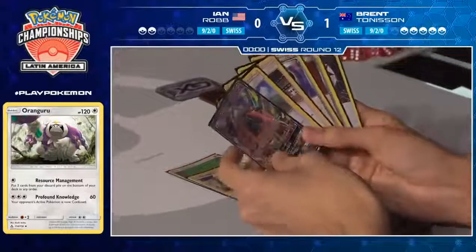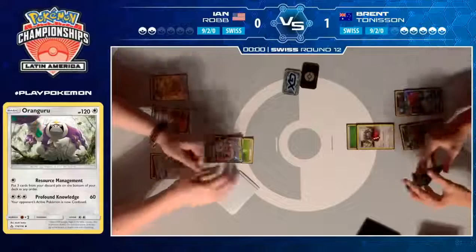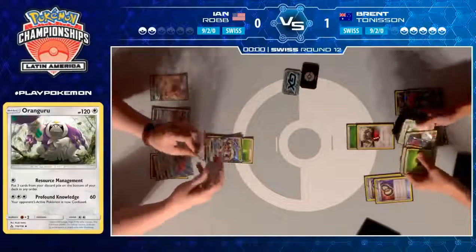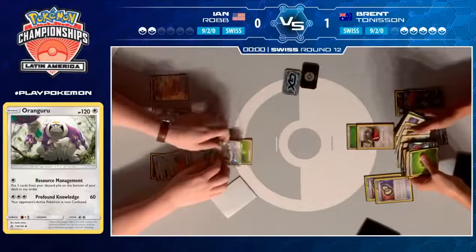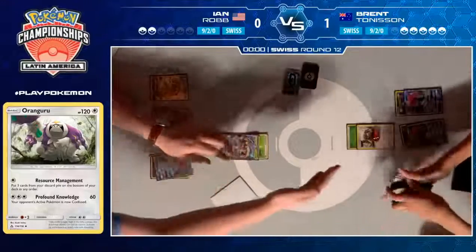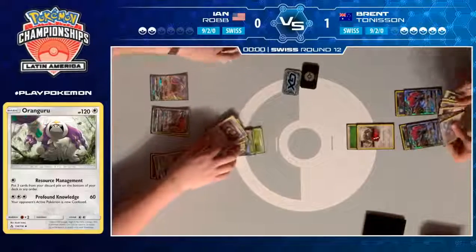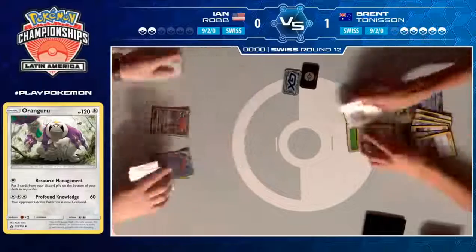And there's the Acerola. Could even use it on the Oranguru if he wants to. But with 2 prizes for Ian, it's looking impossible. All right, does look at those 2 puzzles, looking through that discard pile, and an N also placed back in the deck. And it looks like Ian was like, all right, Brent, you got this. Good job. Yeah, and he could not get there at the end to try to force a